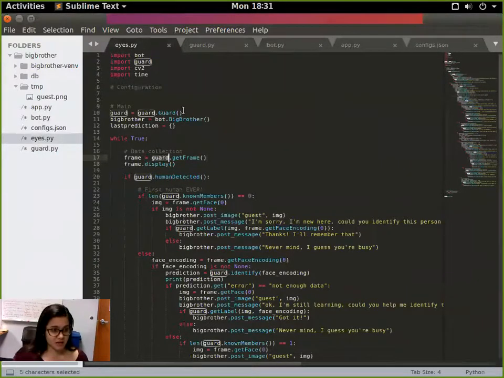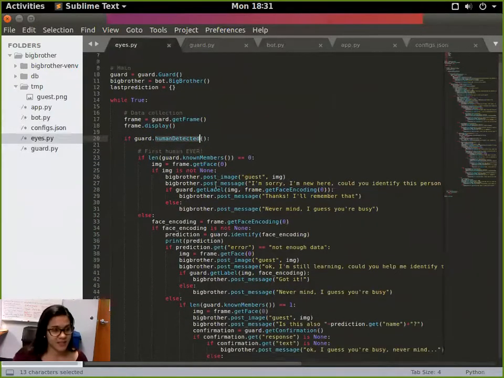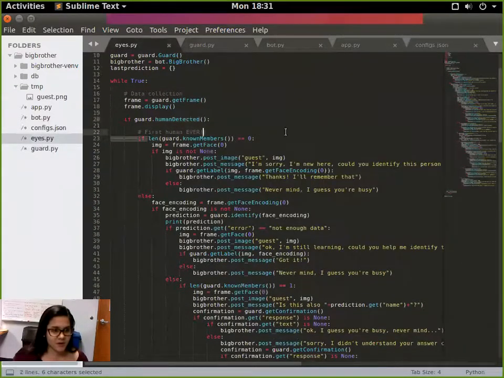So it's constantly getting the frame and checking if there's a human in the frame. If I don't know anybody yet, it's going to automatically get the cropped image of the person and send it to Slack